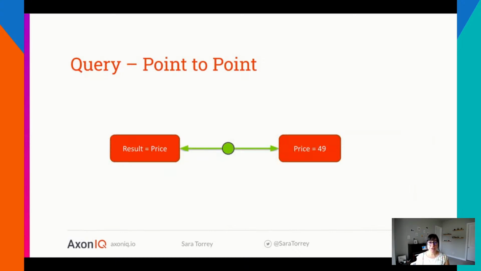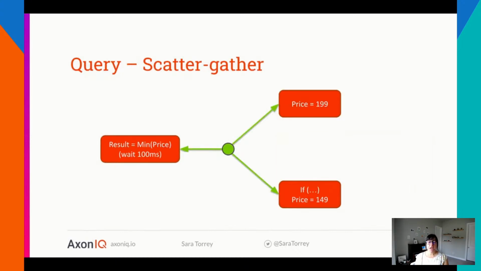Now, point-to-point, super easy. You ask for a price, you receive it. Scatter-gather, also easy. You ask for a price. Based on an if statement, you can get a second response, or you may have a special case. For instance, you have a special deal going on with your sales that you want to have a timeline specified for that. And for instance, you can put a timeout there that says, hey, this sale starts from tomorrow until the end of next week. That timeout comes at the end of the next week so that you won't get that response beyond that. So you can see that there are a lot of options that scatter-gather brings to you.